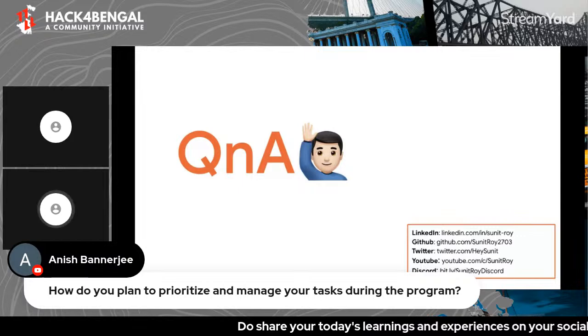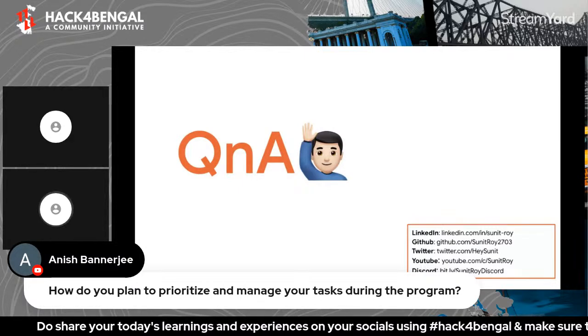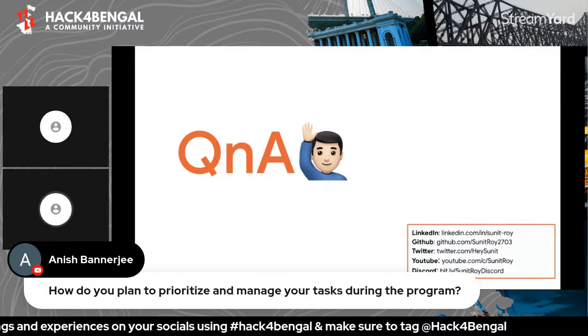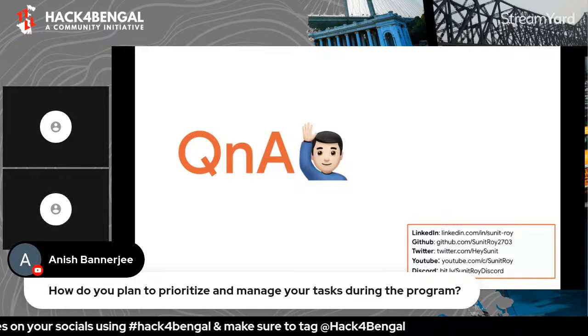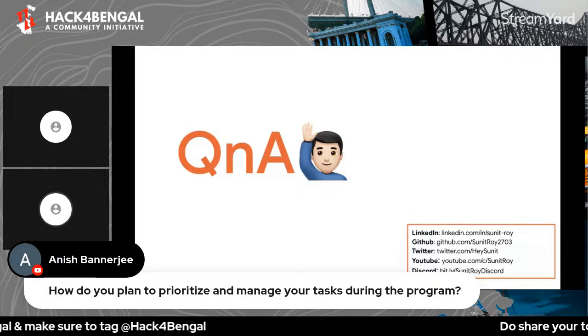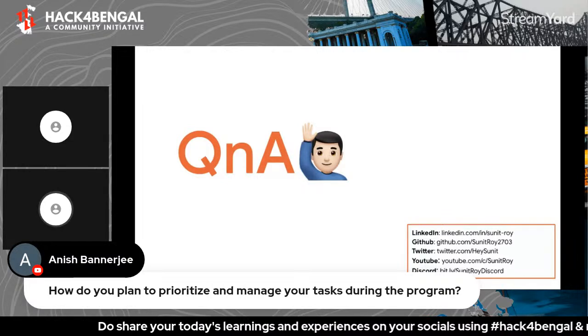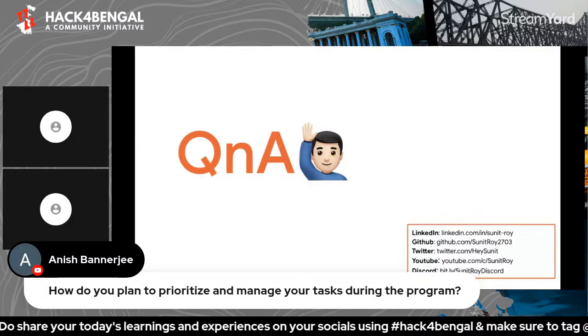At the end of the program, also keep time for fixing bugs. And you also have to make a final presentation, so keep some extra time for it. It will look really professional to them, because in software you will always have bugs. In my proposal, I always kept time for fixing bugs every week.